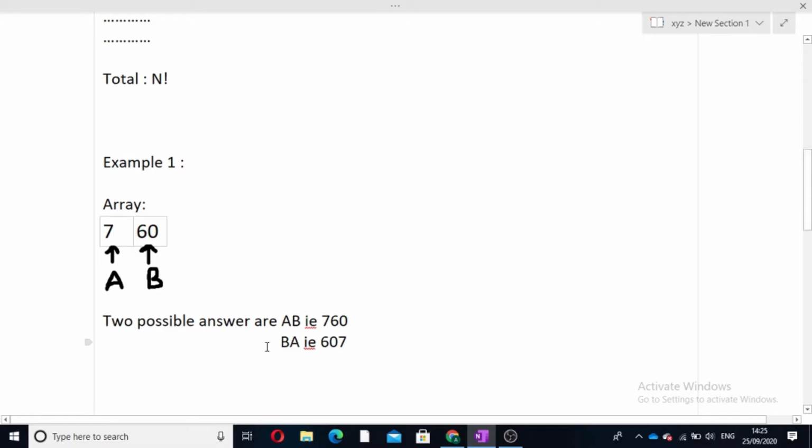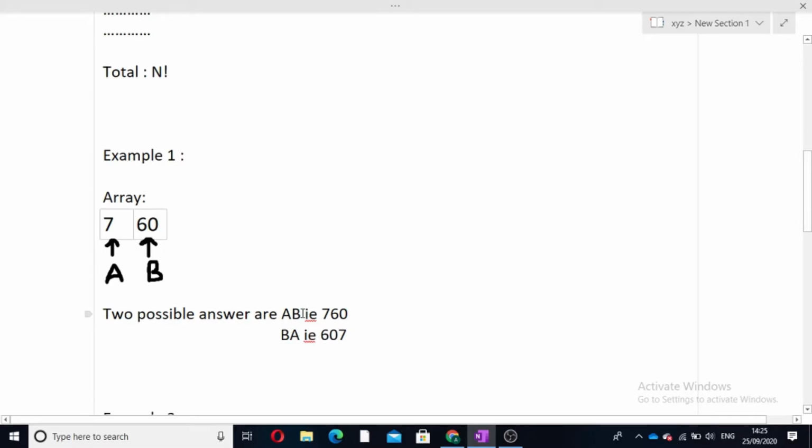So ab will give us 760 as the answer, and ba will give us 607. We can clearly see that ab is giving a larger answer than ba. So we will arrange the array in such an order that a always comes before b.